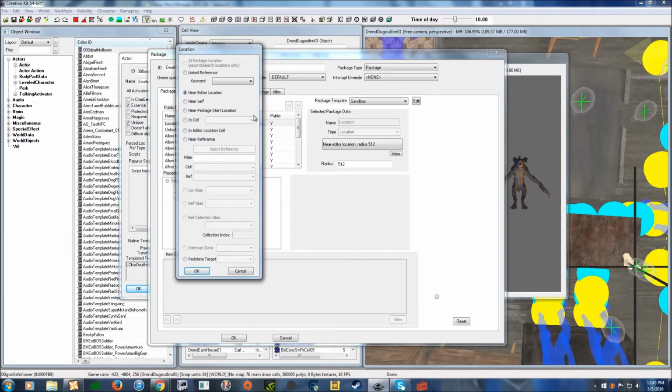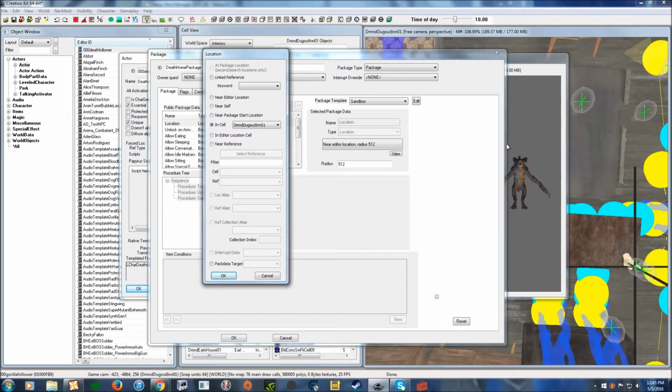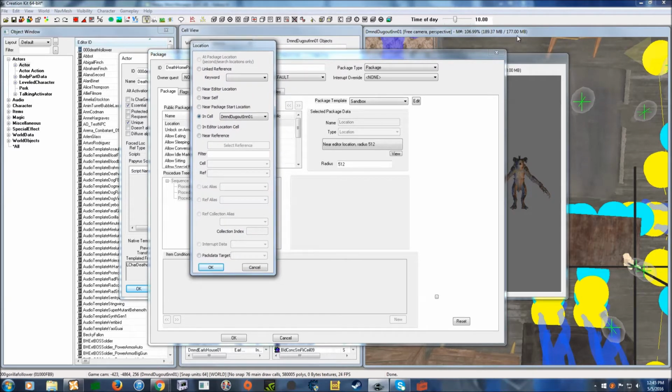There's a few things you can do here. You can either click it to be in cell and then find the cell you want them to go back to. So I could change it to the dugout in, and then when I dismiss them, he'll just sandbox around the dugout in. Or if you want it to be a little bit more specific, you can instead come over